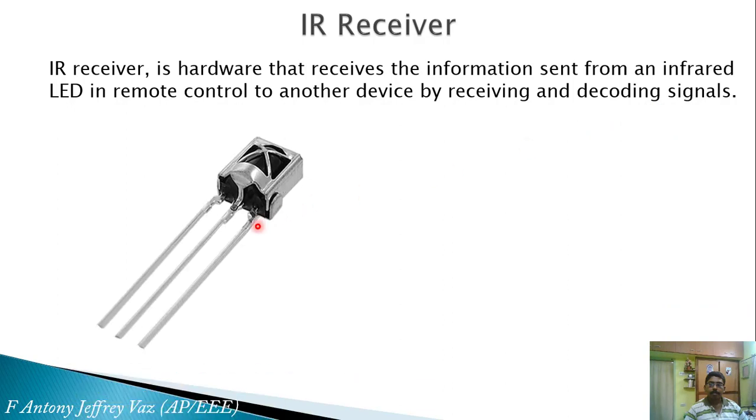This is the physical view of the IR receiver. You can see the pins over here. The third pin here is the VCC. You have to supply voltage to this pin, and this is the ground pin. You have to supply 3 volt or 3.3 volt, and this should be grounded with respect to it. And this is the data pin. Here the received signal will be out from this pin.